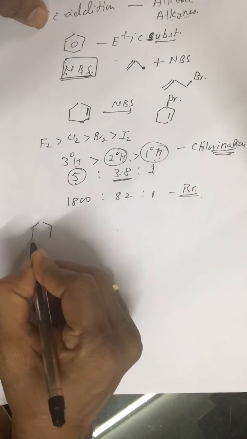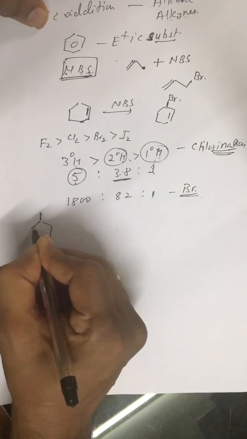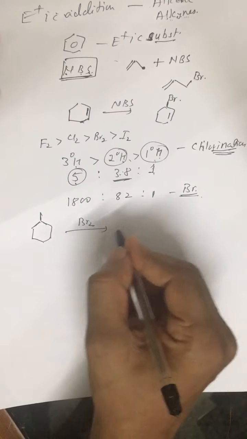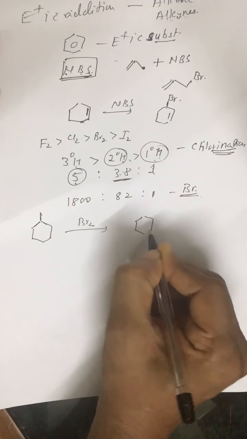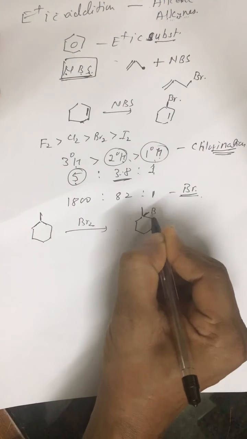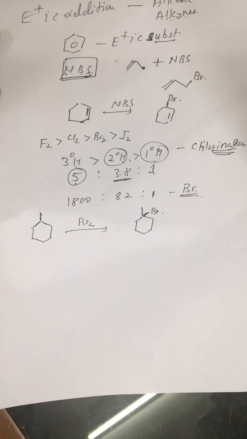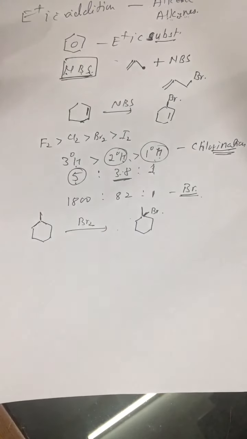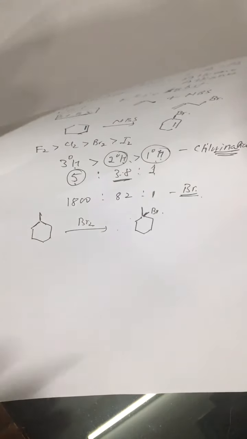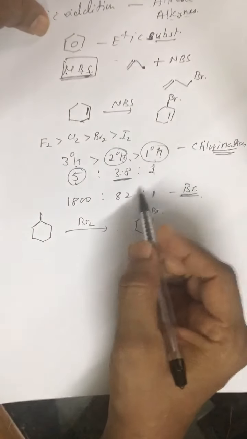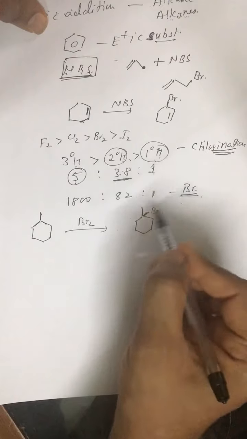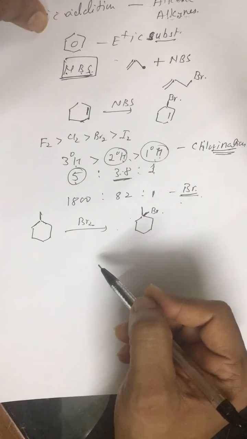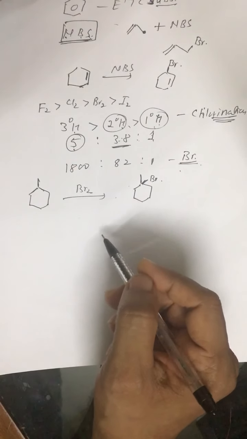Alright, so if we have some cases like say if we are given methylcyclohexane and if it is treated with bromine, the major product always obtained is tertiary hydrogen substituted, that is this one. Means without hesitation you can say this is the major product. Alright, so towards halogenation, this is the order towards chlorination and bromination. So normally towards bromination, this question is not asked. Normally they ask about chlorination.